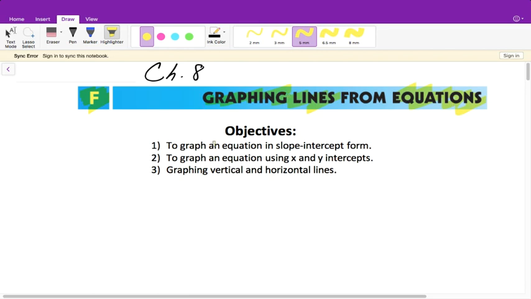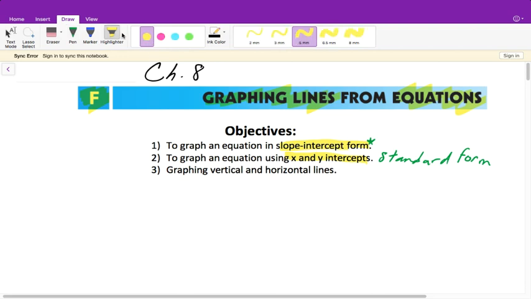All right, and then there are two ways that you can graph this. You can graph it in slope-intercept form, and then you can also graph using the x and y intercepts. And if you're going to use this way of graphing, you most likely will use your standard form. So you can graph it in either form, standard form or slope-intercept form, and we'll go